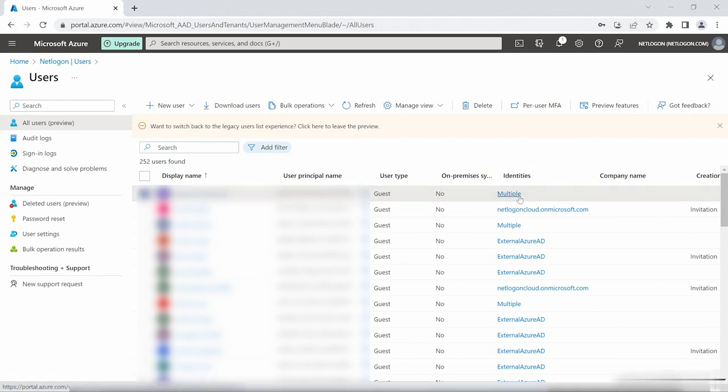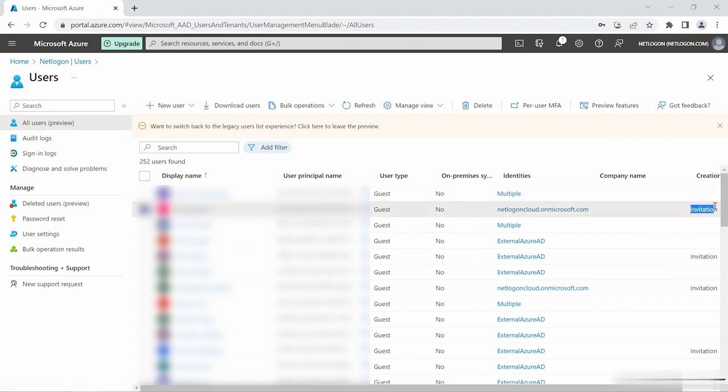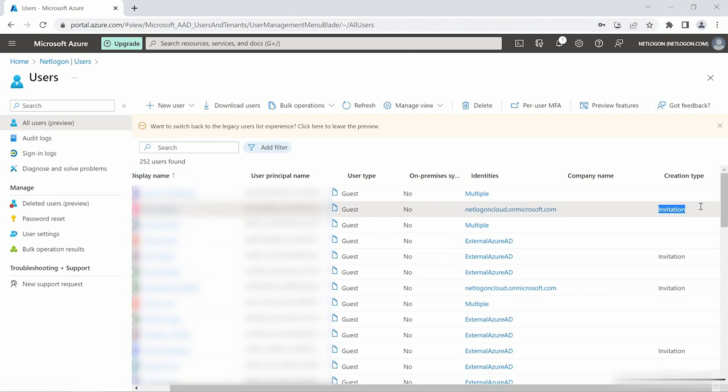In this case here, it says multiple identity, which means that that user may have access to multiple tenants across Microsoft 365, Azure Active Directory tenants. So it has multiple identities. This user here only has one. So that user has been invited into my tenant. And you see here that there was an invitation that was sent to that user to collaborate inside of my